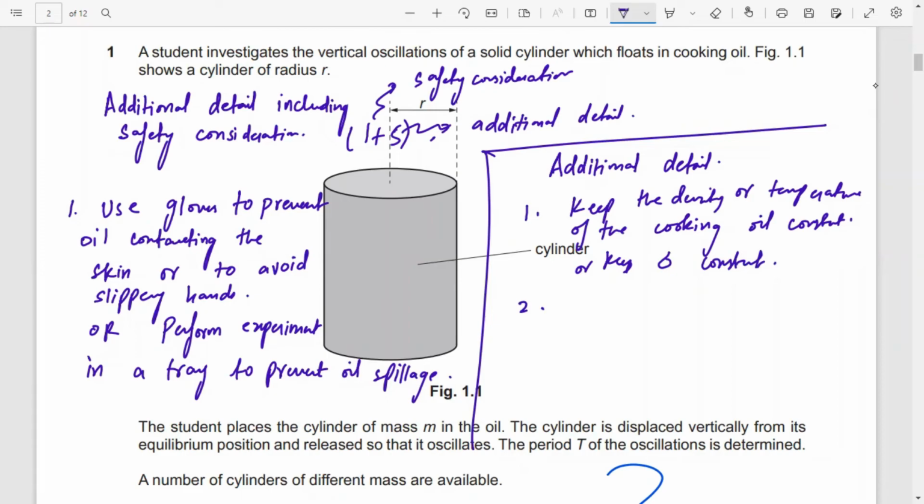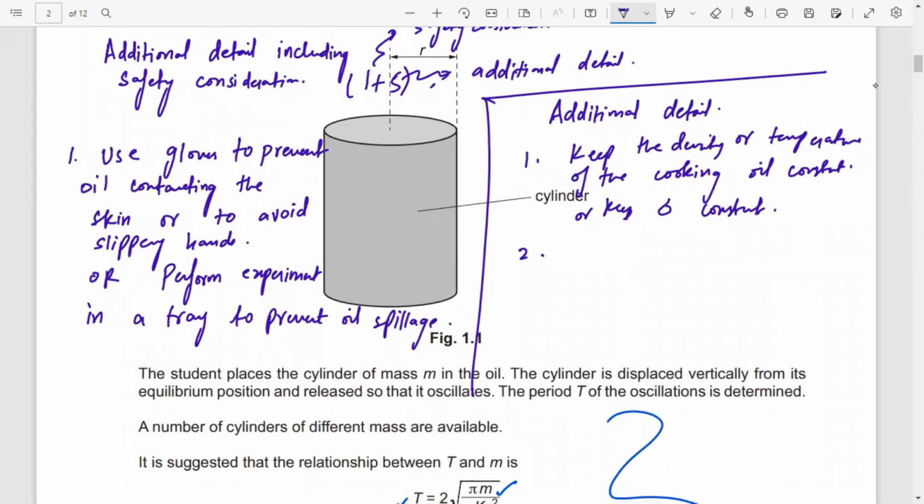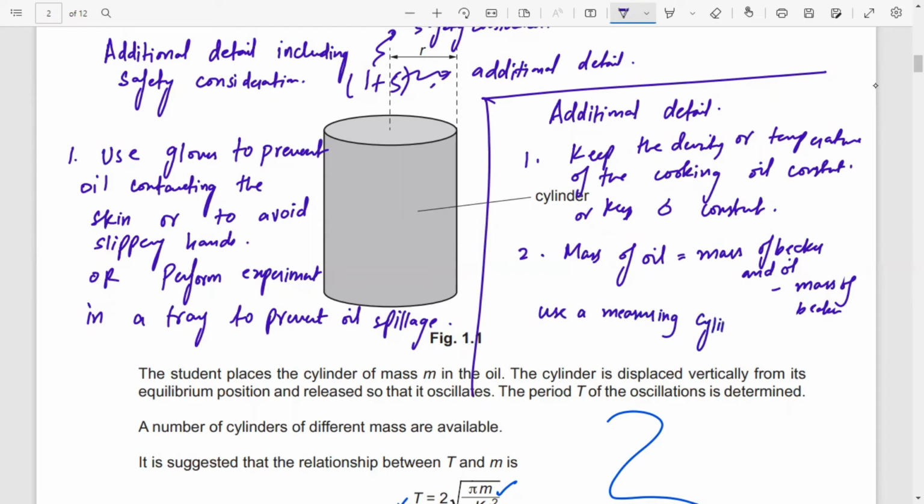Number 2 is आप लोग डेंसिटी कैसे कैलकुलेट करेंगे, मास ऑफ द ऑयल कैसे निकालेंगे? So what we're going to do is mass of oil is equal to mass of beaker and oil minus mass of the beaker, इससे mass आ जाएगा। और आपके पास use a measuring cylinder to measure the volume of the oil, and you can find the density mass over volume। ठीक है, 2 नंबर यहाँ पे हो गए।